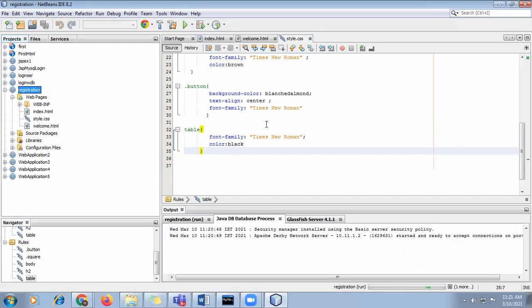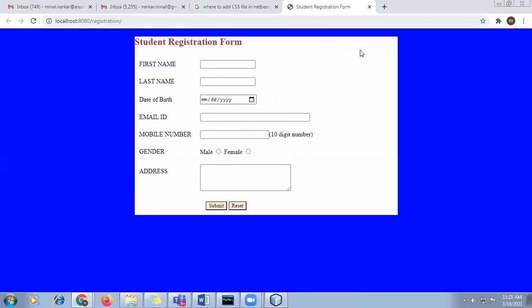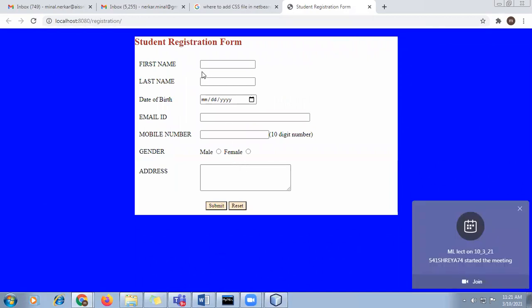Just wait, it will take some time. Now see here, it is displaying the registration form.